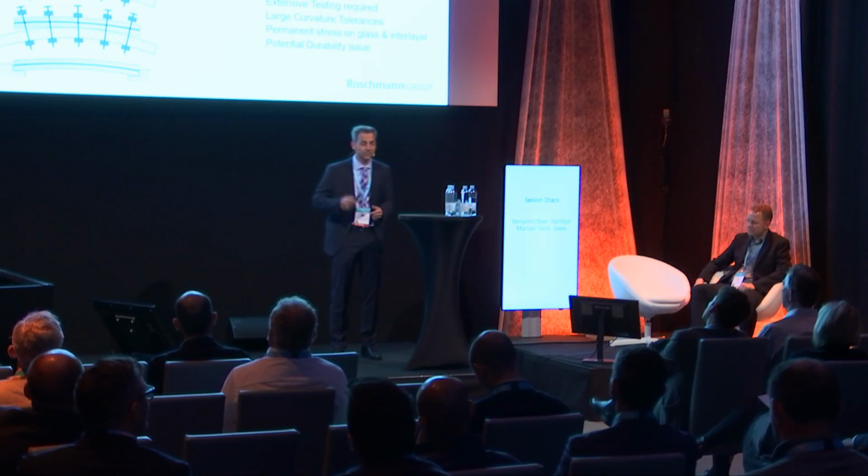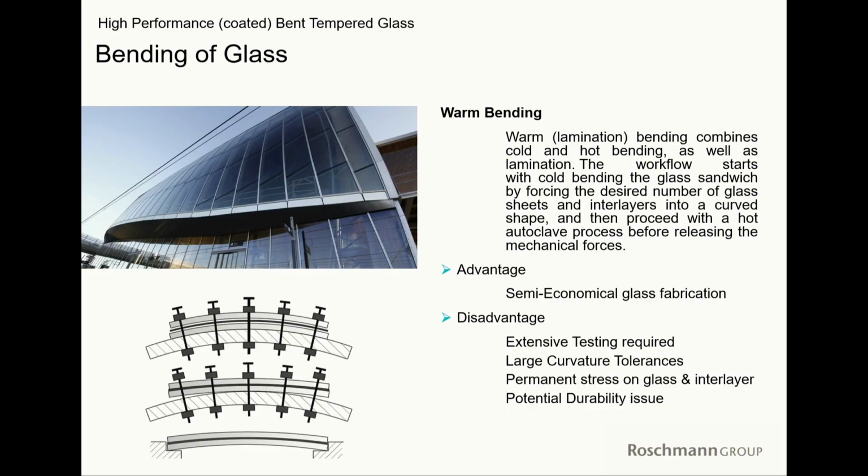So then we do have this warm bending, which I call warm bending. Some people call it still cold bending. The warm bending of glass is in principle a lamination process. So I do have two sheets of glass, putting an interlayer in between and pressing this composite into a shape before it goes into the autoclave. Under heat, under pressure, the elements will attach and bond to each other, and once everything comes out, it has a corresponding shape. The problem with that shape is that the tolerances of those laminated bent panels are quite large,